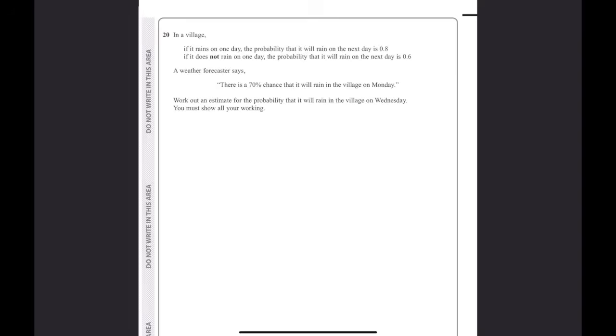So let's say on Monday it does rain, that would be 0.7. That means because it rained that day, there will be a 0.8 chance of rain on Tuesday and a 0.8 chance of rain on Wednesday. Alternatively, it could rain on Monday, not rain on Tuesday, and then rain again on Wednesday. If it doesn't rain on Monday, there's a 0.3 chance,